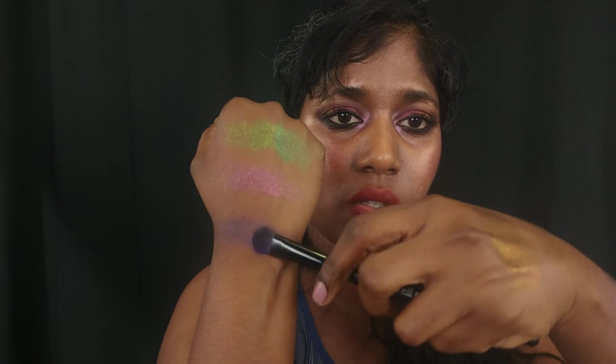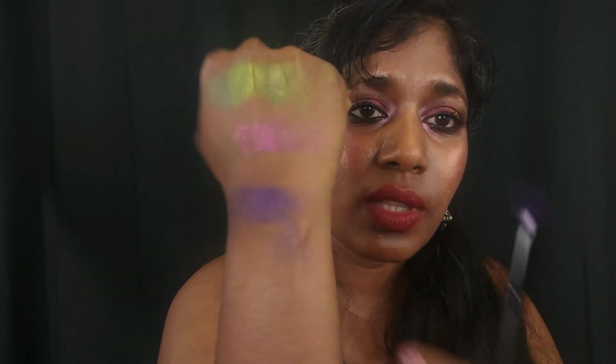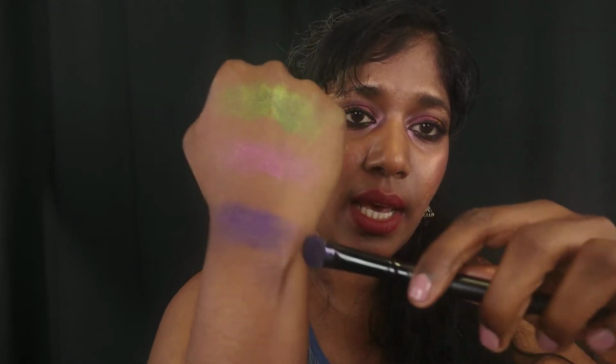I was so frustrated with this color when I was working with it. It's not good, you guys. It's just not good at all. There's hardly any pigment there, first of all, to determine what the shift is. And on top of that, to apply and cover the entire eyelid with this was so frustrating, I'm telling you guys. So that is Otherworldly, and I just literally dug the eyeshadow brush in this to get pigment out,